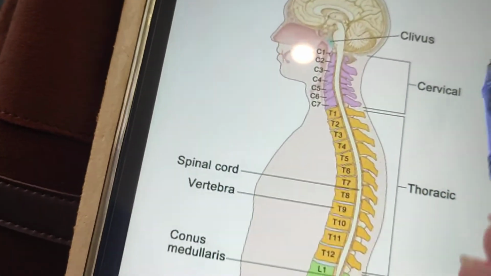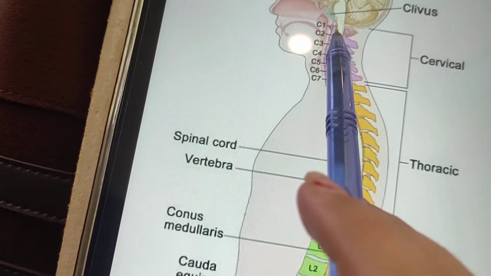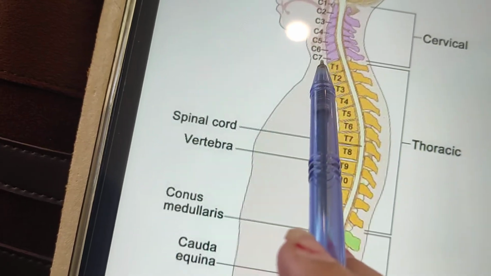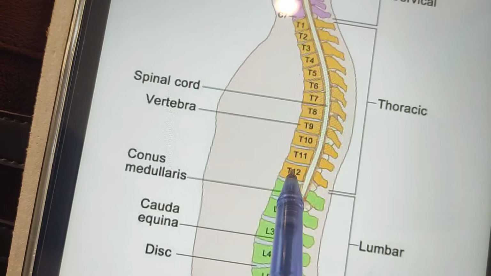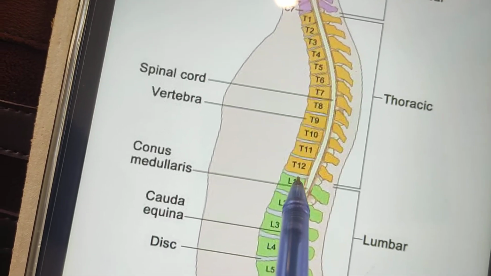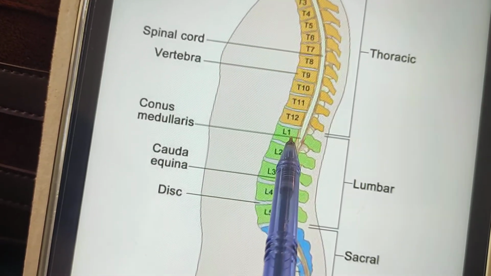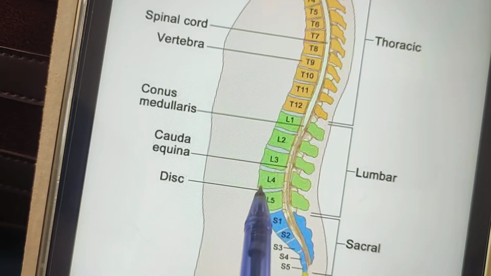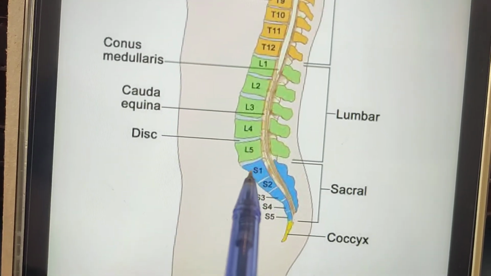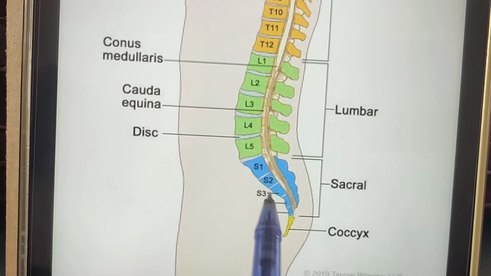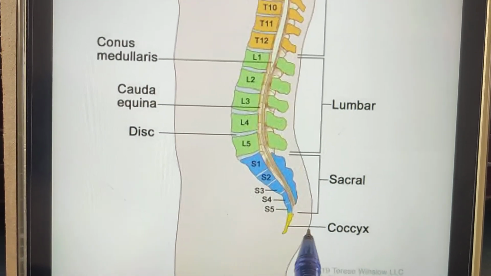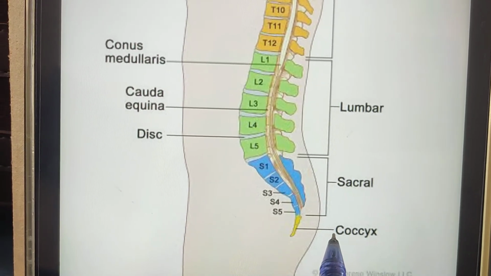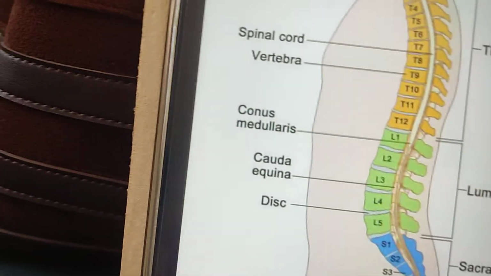So, you can see here the cervical vertebrae are present in the cervical region from C1 to C7. After C7, the thoracic vertebrae start from T1 to T12, and after the thorax region, the abdominal region comes and L1 starts. So L1 to L5 forms the lumbar vertebrae, and then S1 to S5 are the sacral vertebrae forming the sacrum, and then we have the tip, which is the hip region, and that is the coccyx, formed by the 4 fused vertebrae.